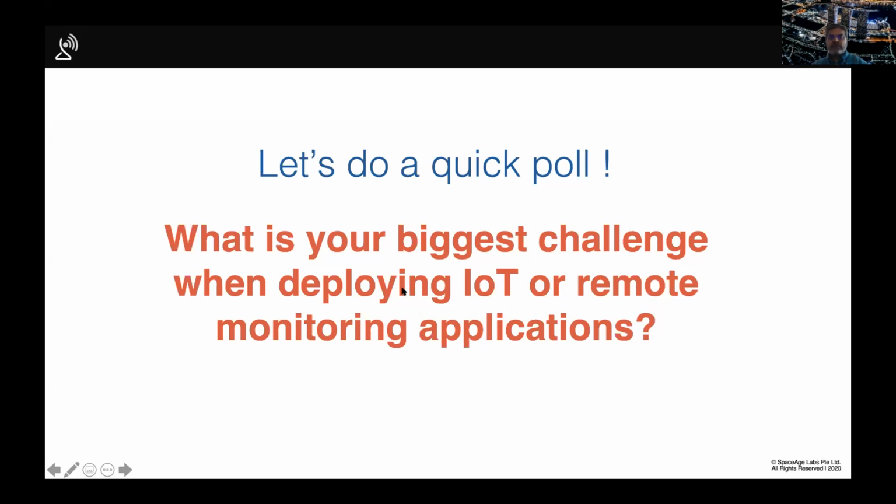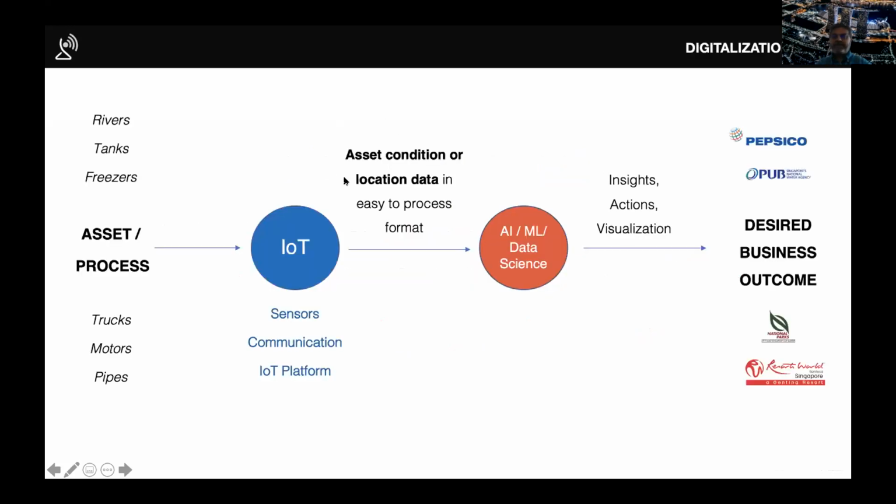So you can see, I think the biggest challenge people have said is integration of device, connectivity, cloud, and applications, followed by the capability of integrating it with your existing systems. And third is connectivity. And then the fourth is, of course, the expertise. So I think this is a good response and something that I was expecting. And then maybe I'll now talk about how we are solving these issues, right?